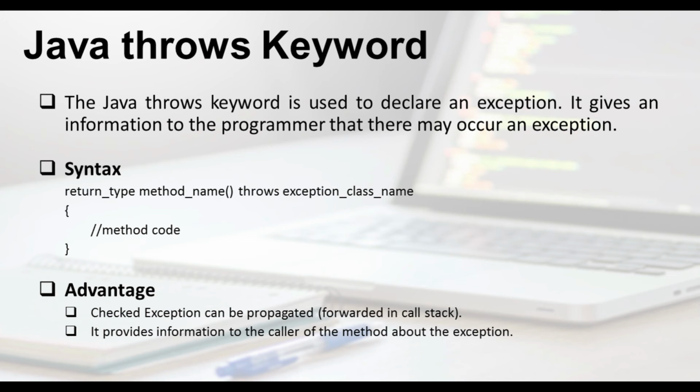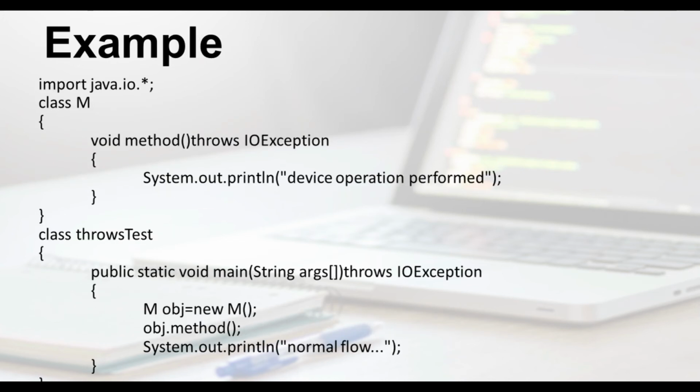Let's understand this throws keyword with the help of an example. In this example, there are two possibilities. In case you declare an exception and the exception does not occur, the code will be executed fine. But in case you declare the exception and the exception occurs, the exception will be thrown at runtime because throws does not handle the exception. Here I define one class, M. In that, one method is defined as a void method, after that the throws keyword is used, and after the throws keyword the name of the class, IOException.